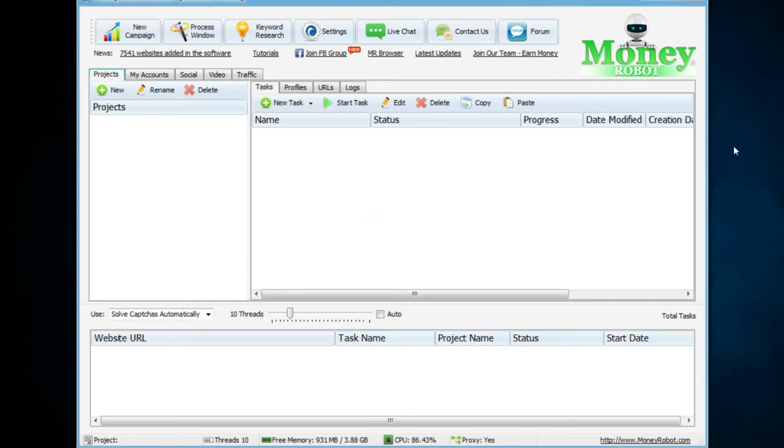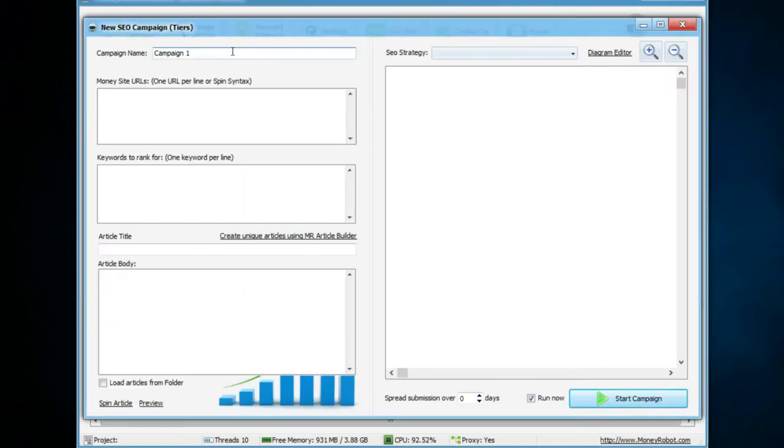Okay, so once you open this software, as you can see, there is the option for new campaign, process window, keyword research, settings, live chat contacts. There are various options. So what we will do is understand how to use it, and I'll give you feedback on that. So first of all, we'll create a new campaign here, and in this we'll just name a campaign, say dog